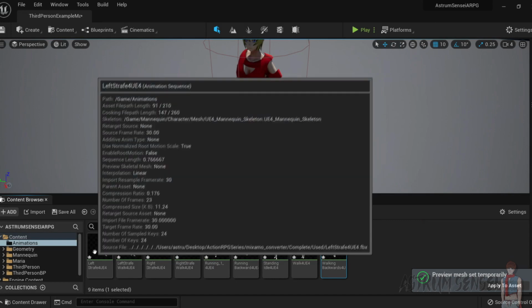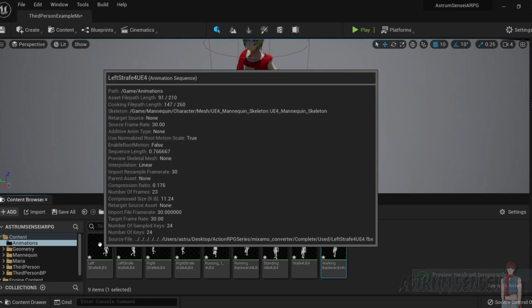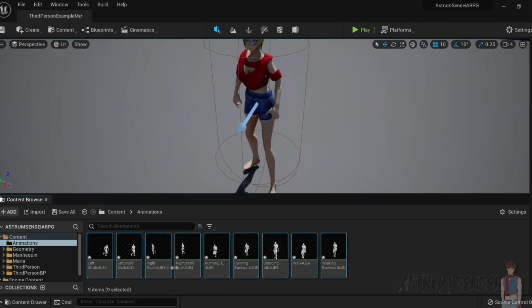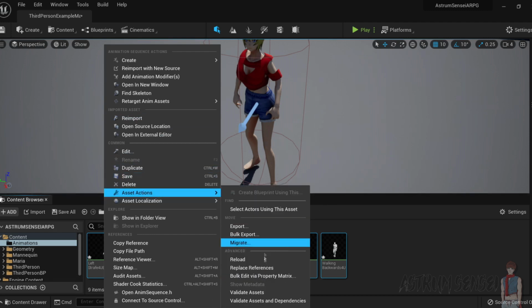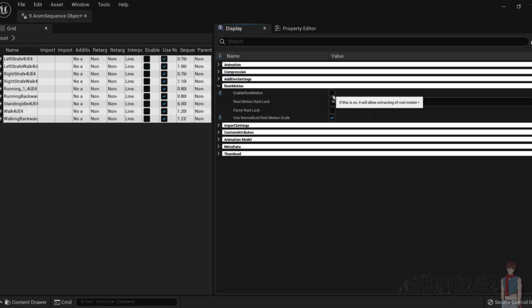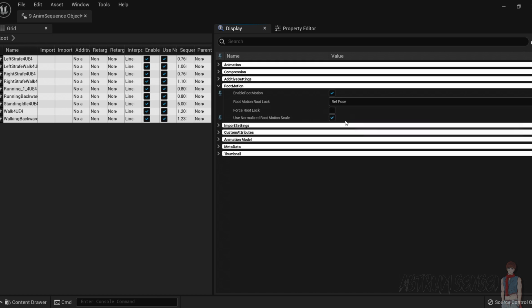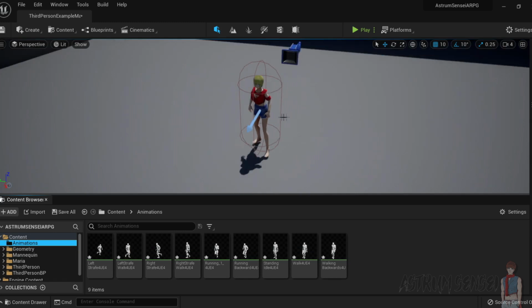Now, since we are using root motion, we actually want to enable root motion in all of those animations. So I'm just going to hit shift and select them all. Whoops, I deselected them by accident. Anyway, I'm just going to right click, go to asset actions, bulk edit via property matrix, root motion, enable root motion, and the root motion root lock. I'm just going to keep it reference pose. So anyway, now that we have done that,